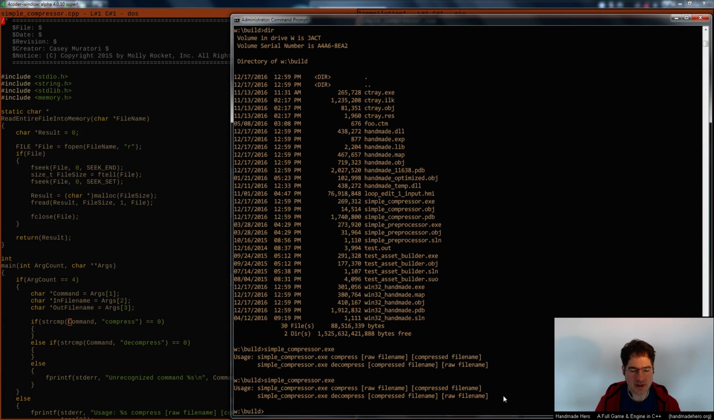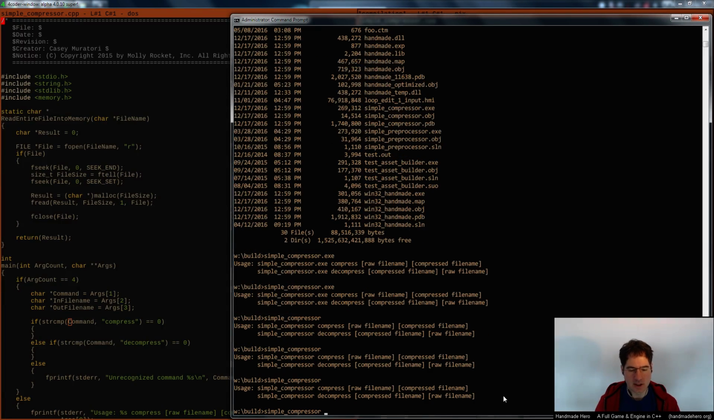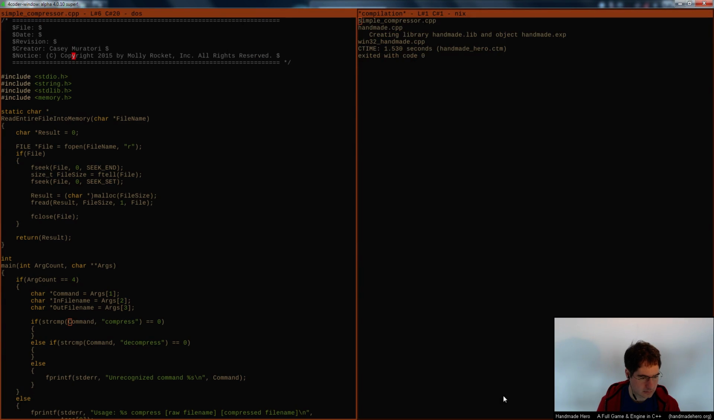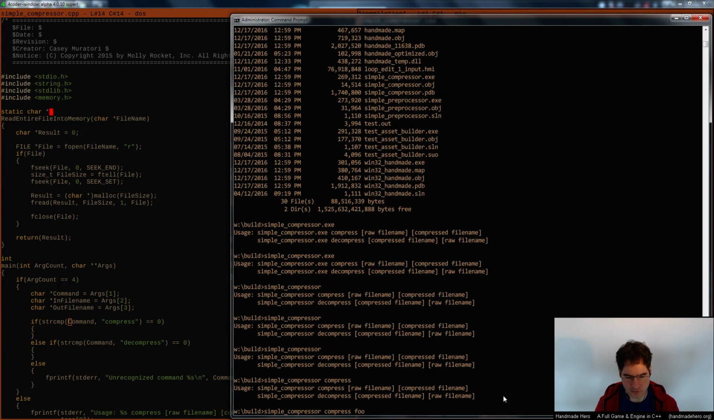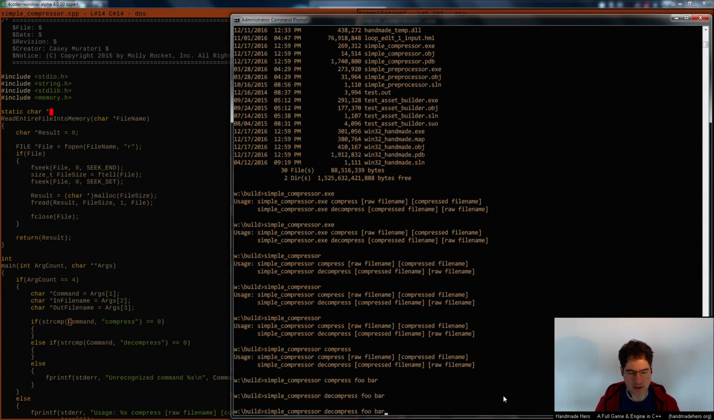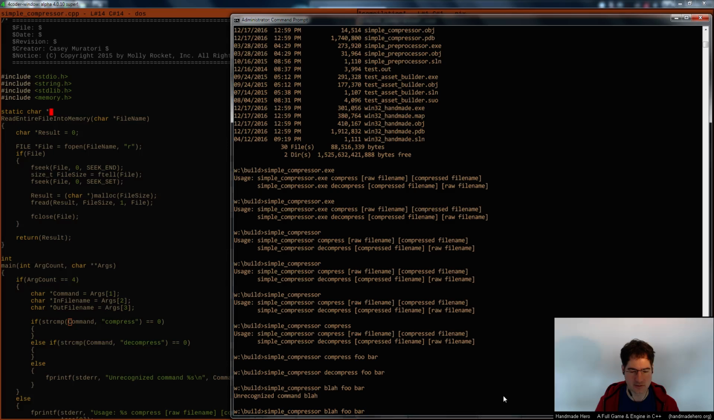All right. So now if I call simple compressor, like so, I could do compress, and it should work in theory. Oh, right. I would have to do compress foo bar, and it should work in theory. Of course, we haven't implemented anything, so it doesn't. I should be able to call it decompress foo bar, and it would work. But then if I was to call something like blah foo bar, it should say that it doesn't recognize those